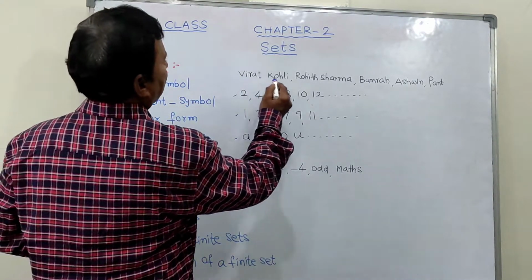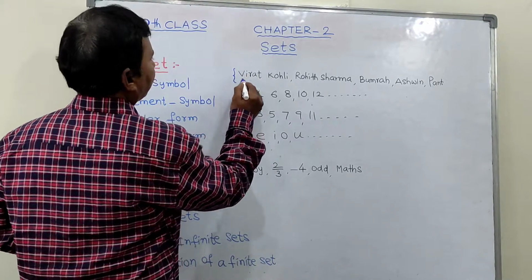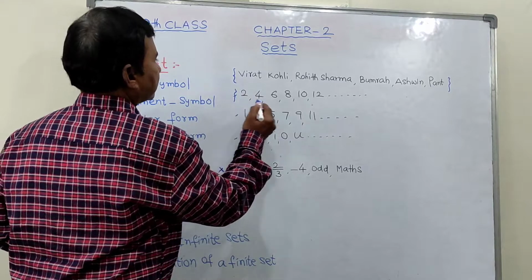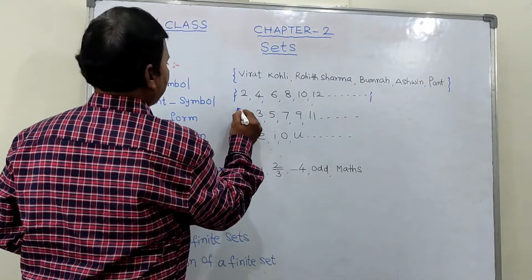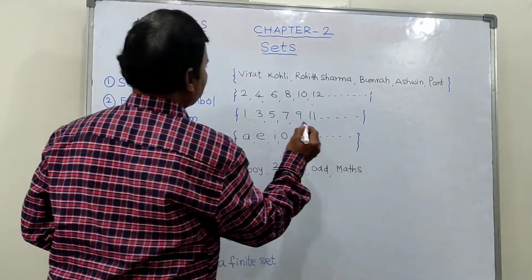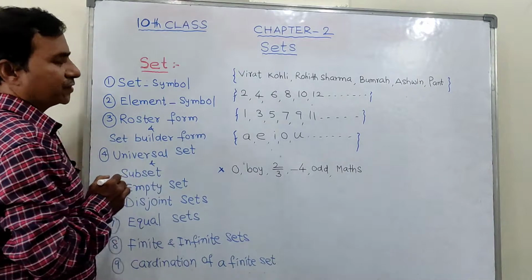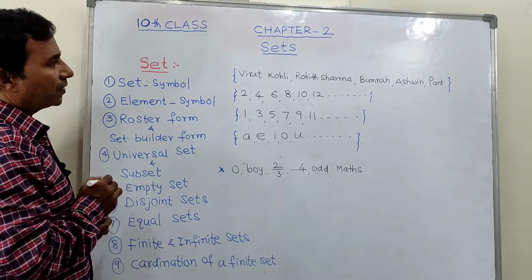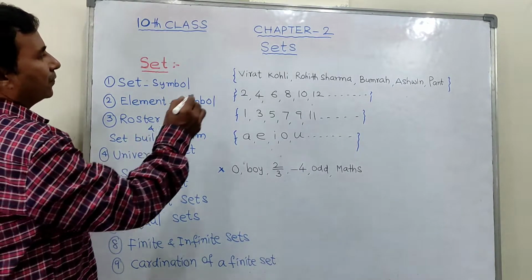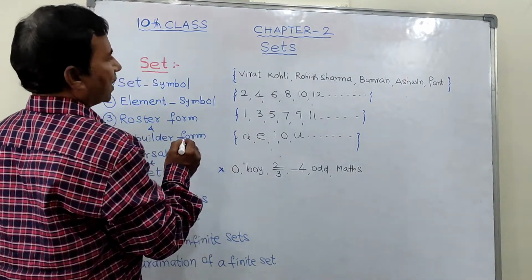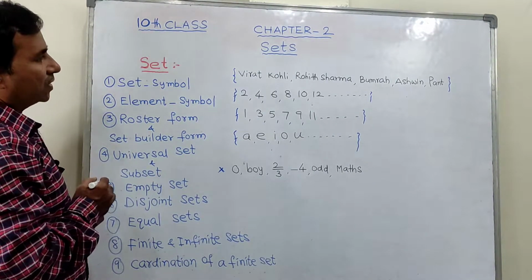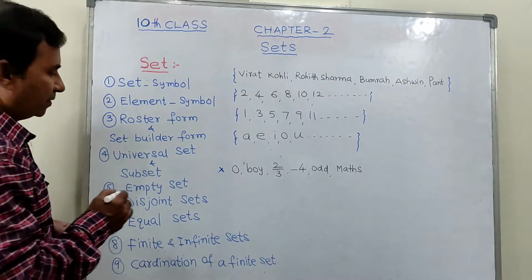So the collections here maintain a common property. All these have a common property. So what is a set? The collection of objects, if they are well defined, meaning following the common property. If the collection is following the common property, a well defined collection, that is called a set. That is the definition of the set.